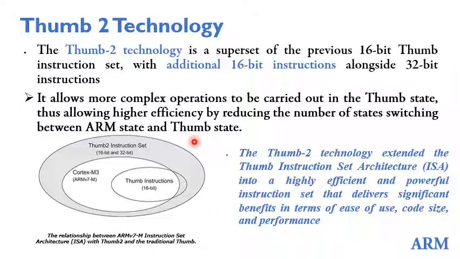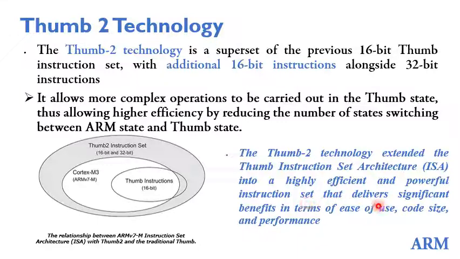This necessity is avoided in the Thumb-2 technology. Okay, so you don't have to change any bit in the flag register in Cortex-M processors. So the Thumb-2 technology extended the thumb instruction set architecture into a highly efficient and powerful